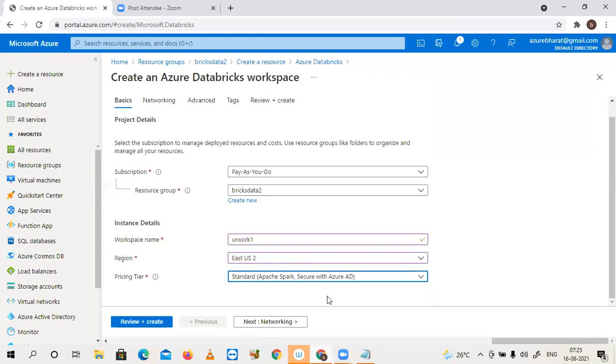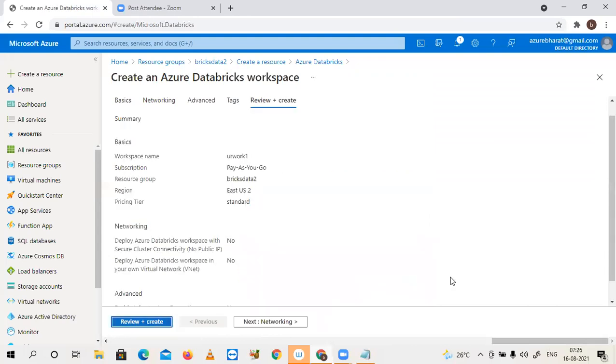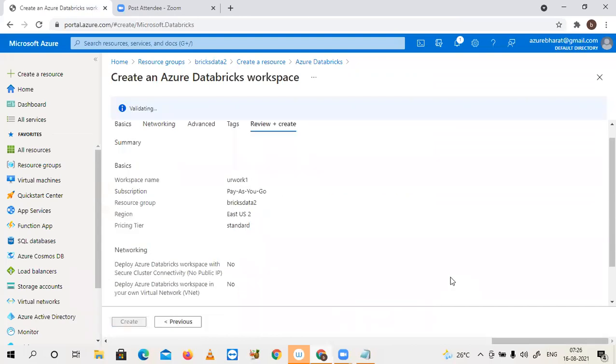So I'm selecting standard. So finally click on review plus create. It is just a workspace environment. After that, the next step would be to launch that workspace.